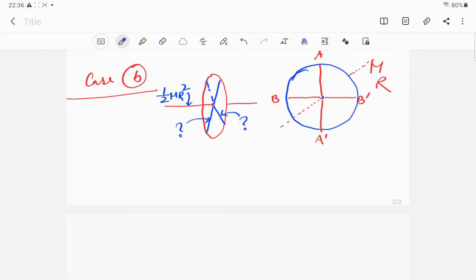So that means the moment of inertia of the circular disc about this axis should always be equal to the sum of the moment of inertia of the disc about two perpendicular axes, and they should be lying on the same plane as that of the circular disc, and they should also intersect at a point through which this